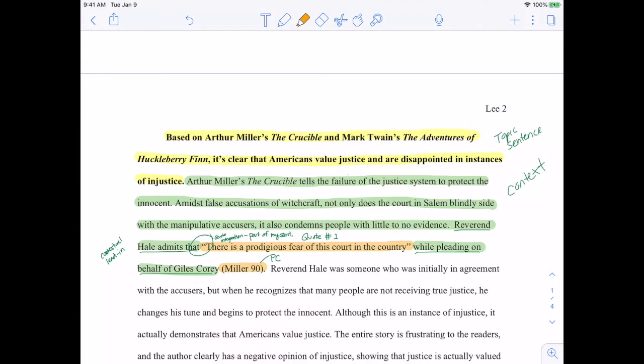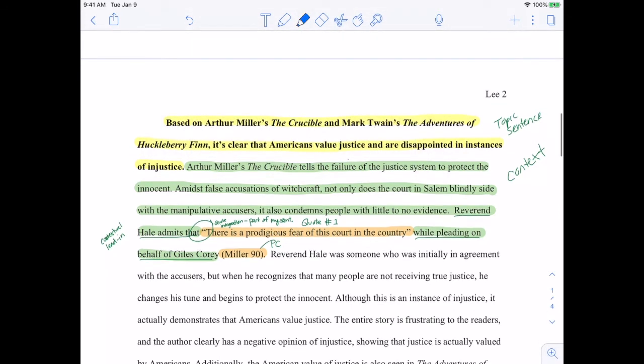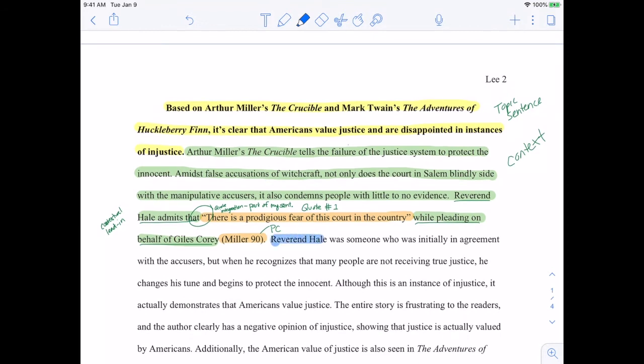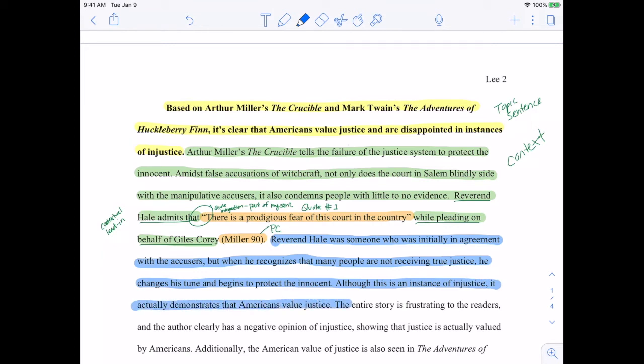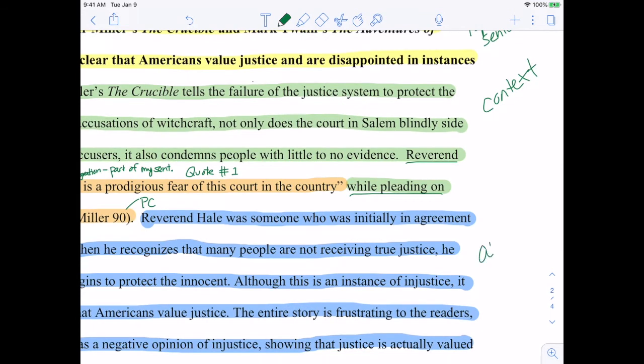Next, what comes after your actual quote would be your analysis. So let's go ahead and take a look at that here. Reverend Hale was someone who was initially in agreement with the accusers, but when he recognizes that many people are not receiving true justice, he changes his tune and begins to protect the innocent. Although this is an instance of injustice, it actually demonstrates that Americans value justice. The entire story is frustrating to the readers, and the author clearly has a negative opinion of injustice, showing that justice is actually valued by Americans. So that was a lot there, but this is my analysis